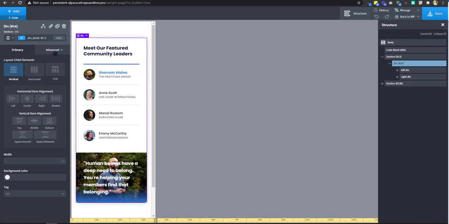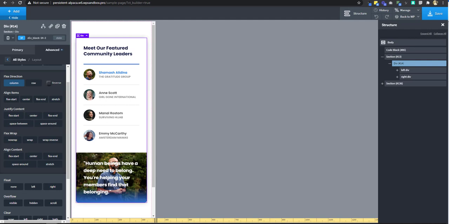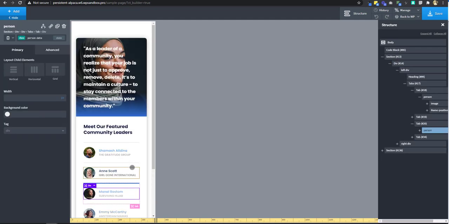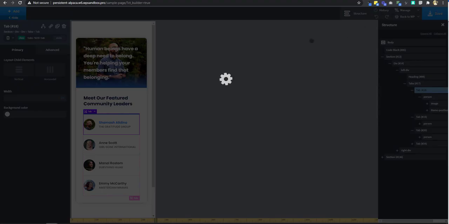So I'm going to go to advanced layout, and then I'm going to reverse. Okay, so we have that in reverse. Now we have all this. It's just a long list of the names here. And to me, it doesn't really look okay, it doesn't really look fine because we have all this. So if we save this and take a look at